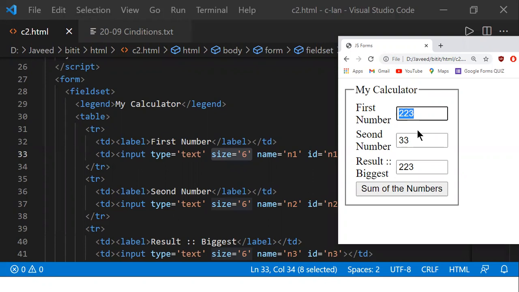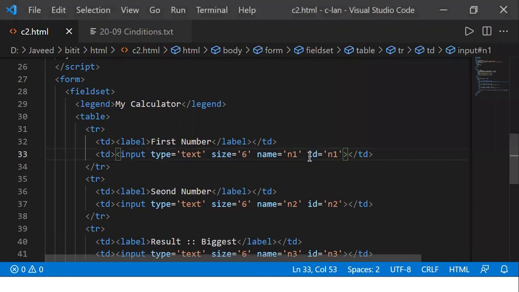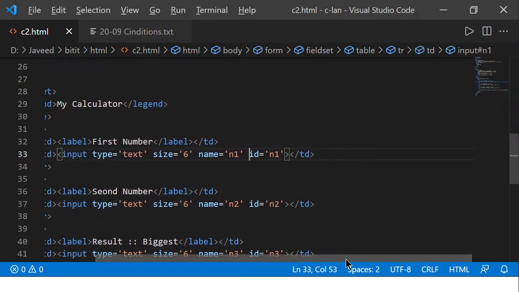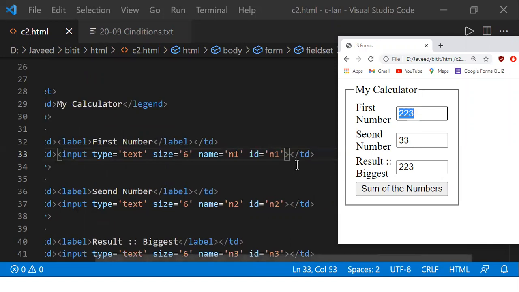So if you want, you can use the ID attribute or you can make use of the form name attribute in the server side applications, which we can discuss. Now remember this, why are we using this ID attribute? As the name says, ID is what you call identification. See, we are having so many different text boxes.